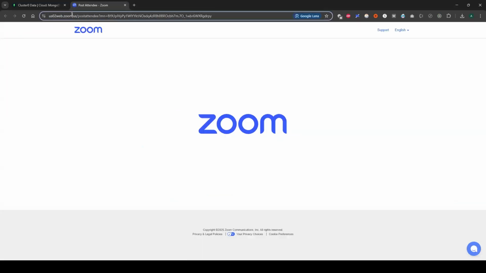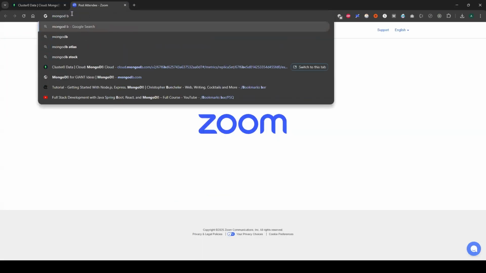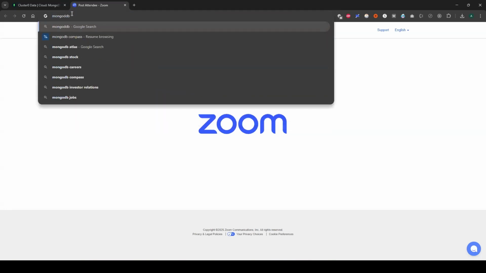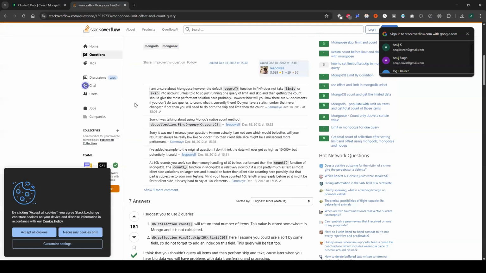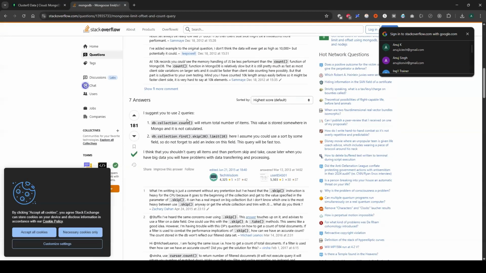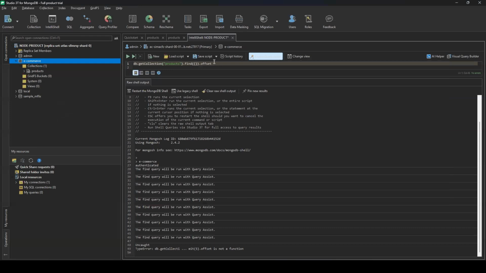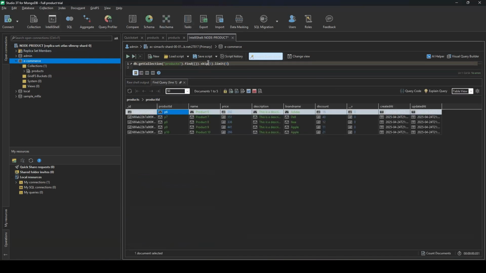Whenever you forget anything, it's always good to have a look. I need to skip that. It's important to know all of these concepts from a MongoDB perspective, not just from the Node.js code perspective. So if I say skip first 5 products and then give me the last 5 products,